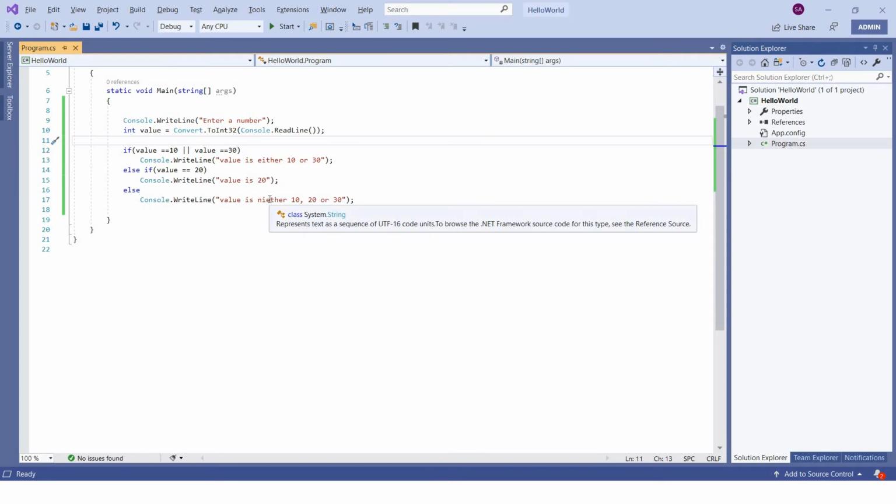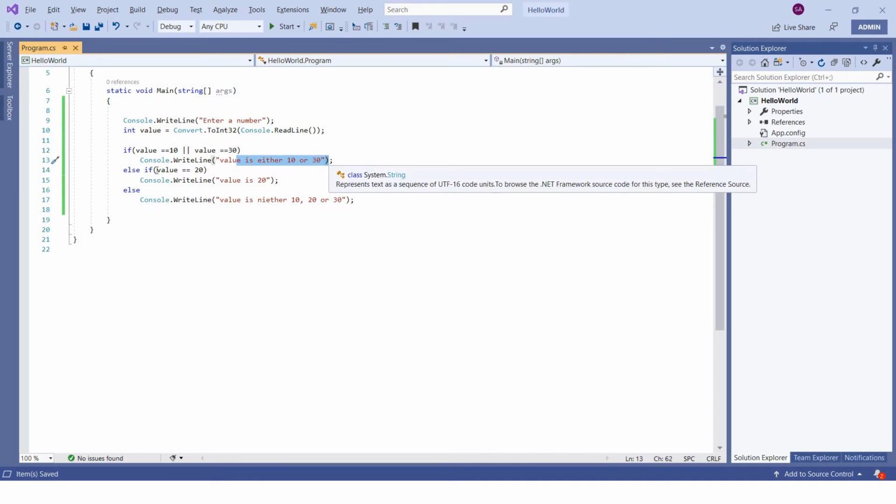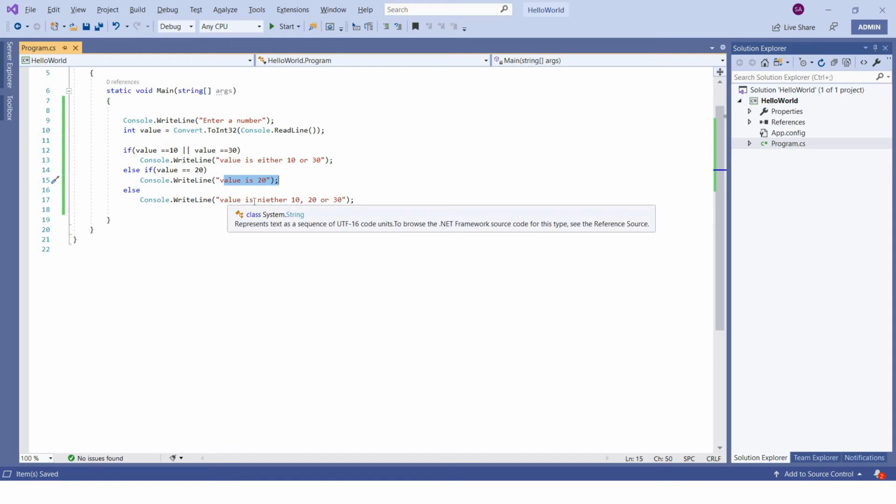This is a simple console application that I have created, and if you see the code, I just get one number from the user, and I compare if the value is equal to 10 or 30. I'm printing value is either 10 or 30. Else if value is 20, I'm printing value is 20. Otherwise, if value is other than 10, 20 or 30, I'll be printing value is neither 10, 20 or 30.